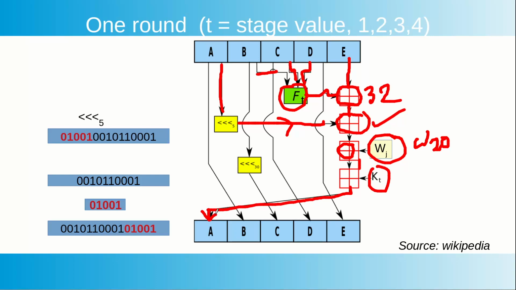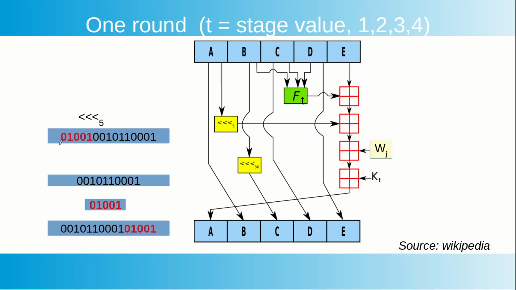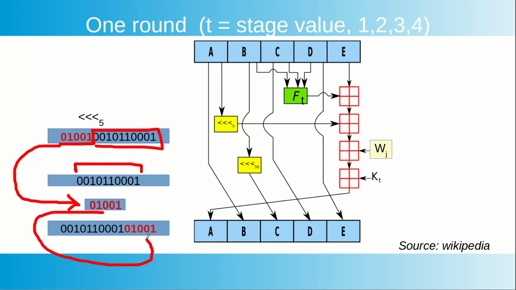That is typically one round operation. So, all of the rounds operation are exactly same except the function and the constant. Now let us take an even closer look at what is the meaning of rotation by 5 or rotation by 13. I have taken only rotation by 5. Rotation by 5 means we will simply take the first 5 bits, we will separate them out, that means this text will come at the very front and this text I will place at the end. So, that is called rotation by 5.